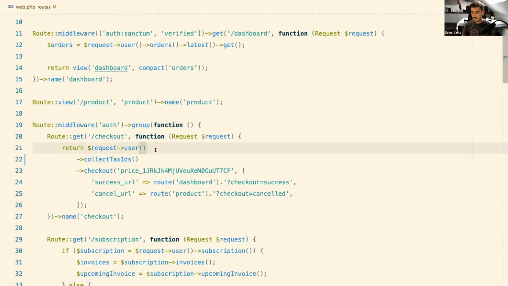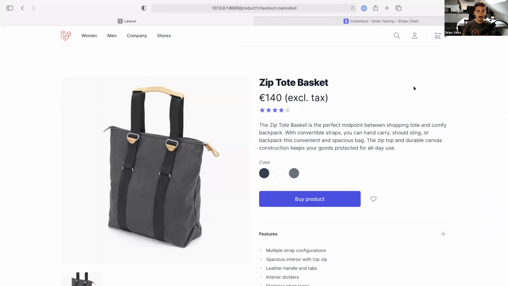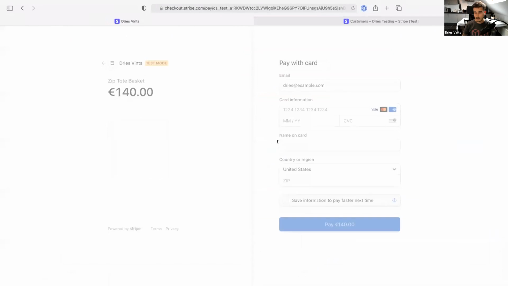What you basically need for calculating tax is a couple of things. You need an entity name, you need an address, and also a VAT identification number. So if I try to buy this again with the collecting tax method on,